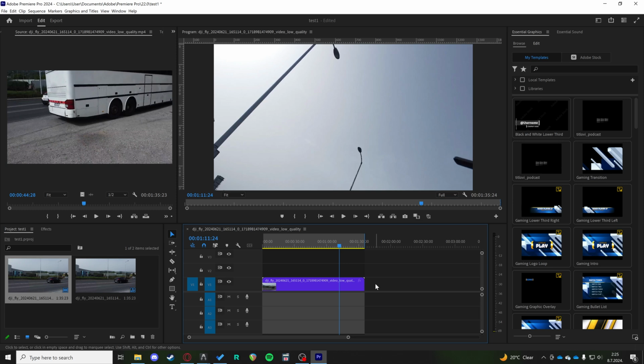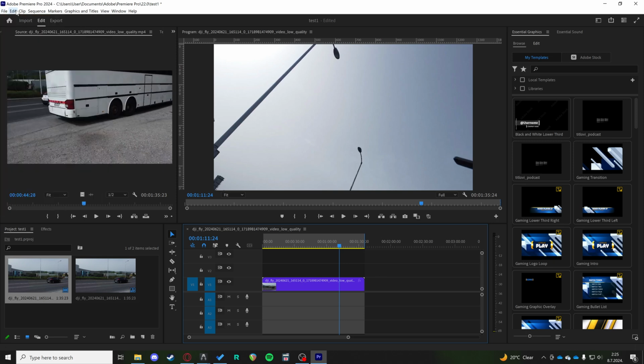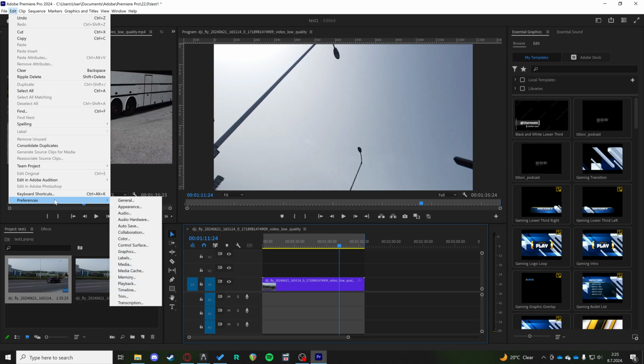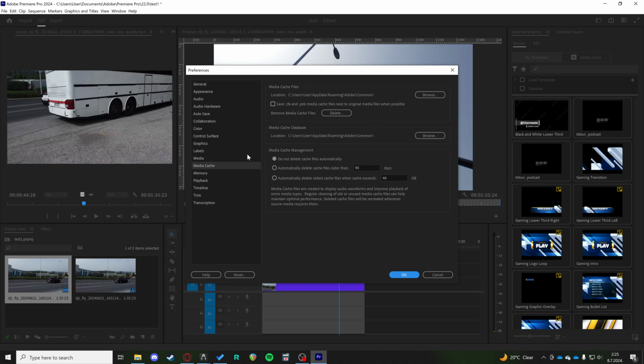Hi, if you're getting the error "this file has an unsupported compression type," this is what you can do to fix it in Premiere Pro. So, you need to go to Edit, go to Preferences, go to Media Cache, and then in Media Cache, we